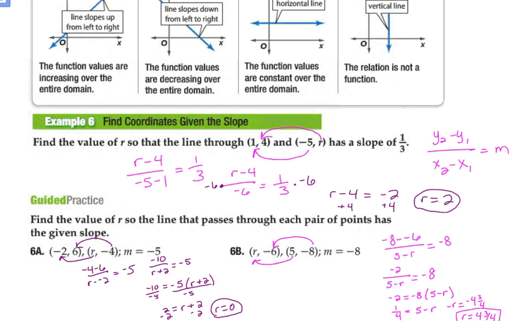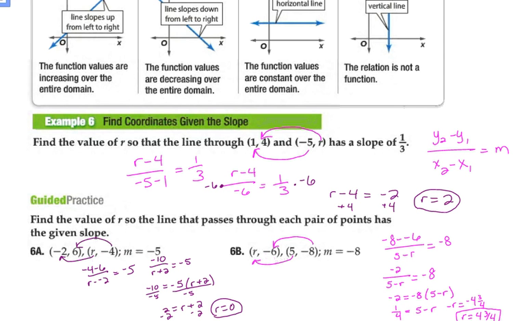Okay, this one's a little bit different because the variable we were looking for is in the denominator. So again, I still figured out what it was I needed to know. Negative 4 minus 6 over r minus a negative 2 equals my slope of negative 5. I simplified that down to negative 10 over r plus 2 is negative 5. Okay, I had to get rid of an r plus 2 as a denominator, which is really weird. So again, I multiplied both sides by an r plus 2, which gave me negative 10 equals a negative 5